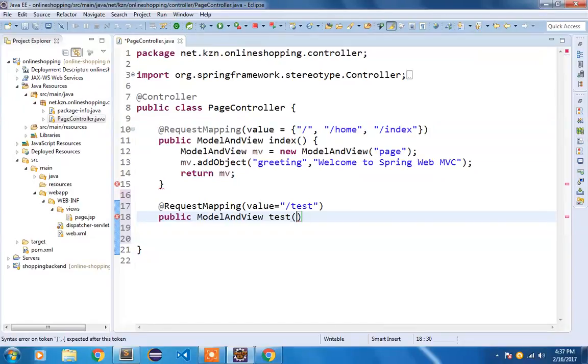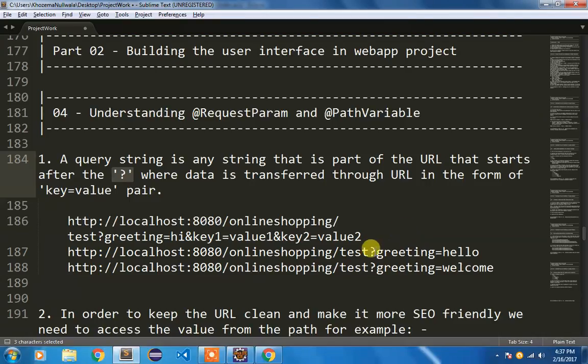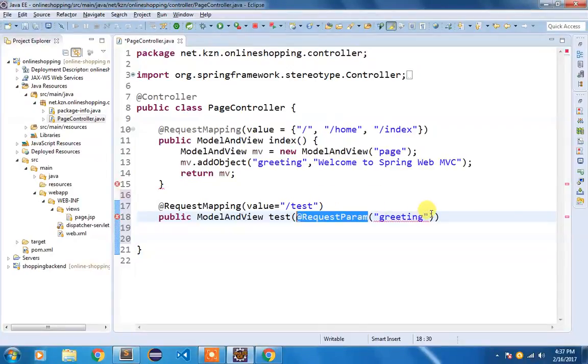I'm going to use the annotation @RequestParam. The parameter name would be greeting. Now, what will be the type of this request param? That is important. Here inside greeting I'm going to send a string value, so I'm going to use String, and this is nothing but my greeting itself.